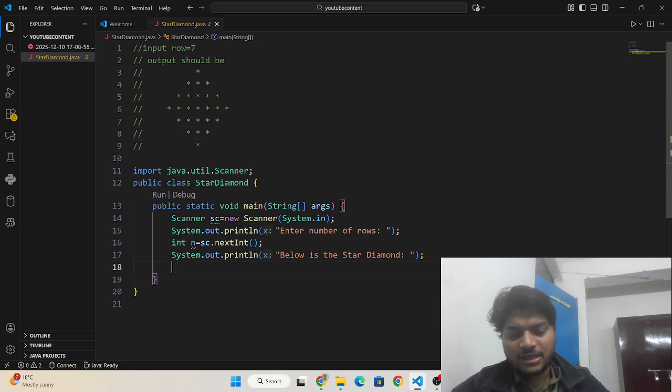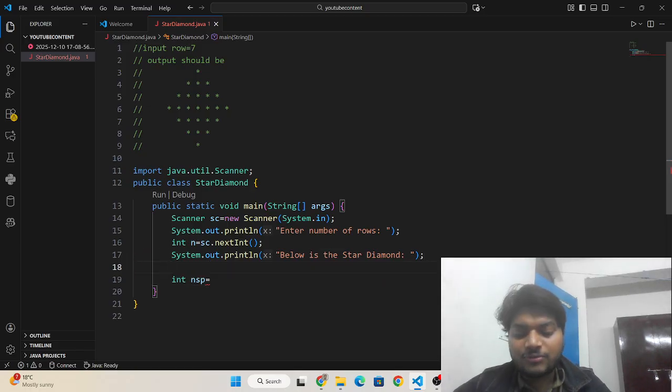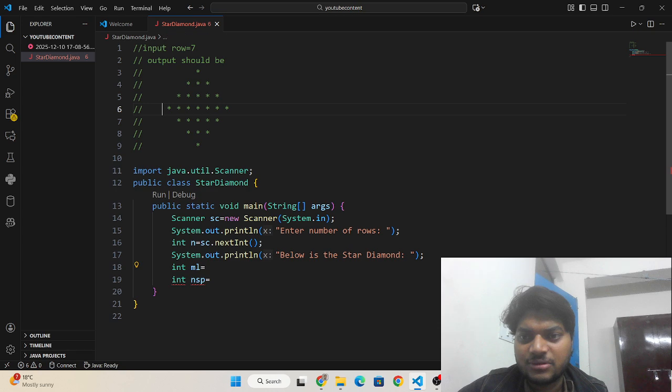So I need to initialize a variable, int nsp, meaning number of spaces. First I need to write ml, meaning middle line. If I have the number of rows as 7, then what is the middle line? 1, 2, 3, 4, and the middle line is this one.